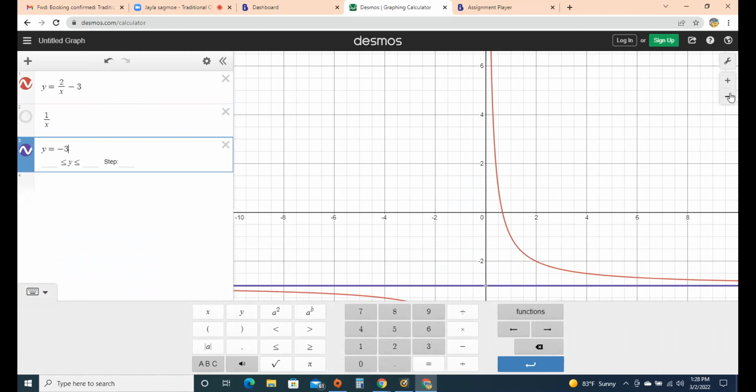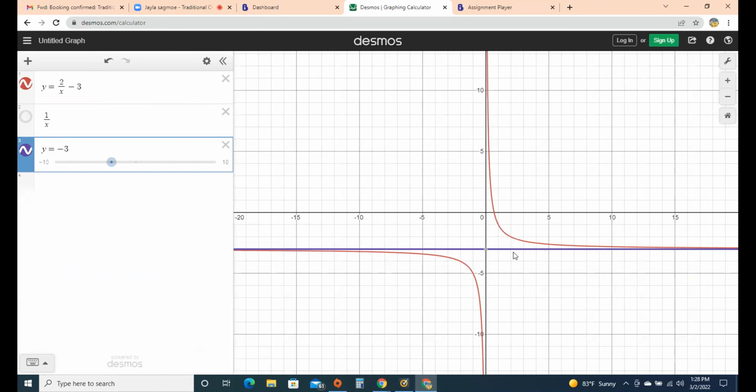do you see how that purple line is the horizontal asymptote? It's what it approaches. Can you visually see that? Yeah. So what that means is that's a horizontal asymptote. So we're going to go back and answer some questions based on that, but I wanted you to see that. And the reason it's -3 is because of that -3 in the original equation. So go back to the assignment player